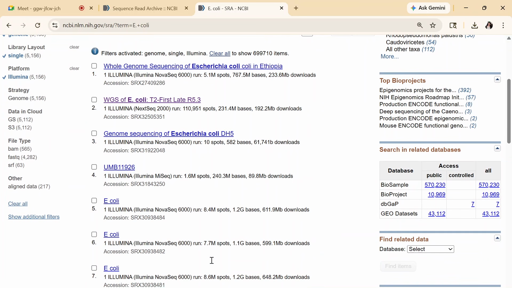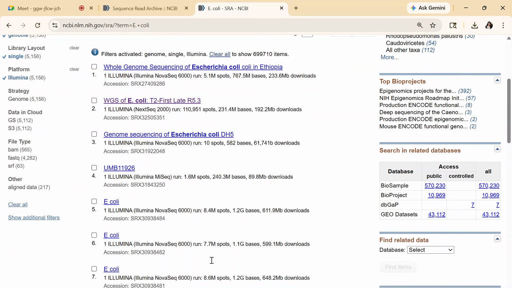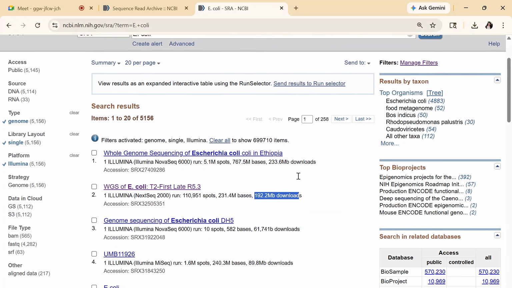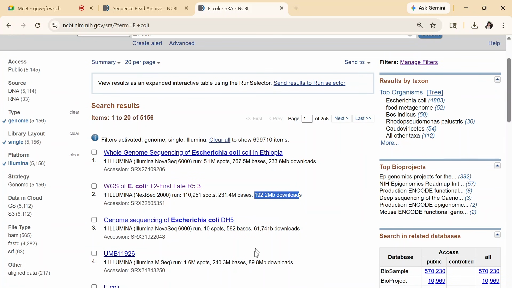First of all, we want a file which is very small in size. So here we are seeing all the file sizes. Here we saw two file sizes. This one is 192 MB and this one is 89 MB. So we see that this file size is very low compared to this one, but we also have to look at the spots, meaning all the reads.